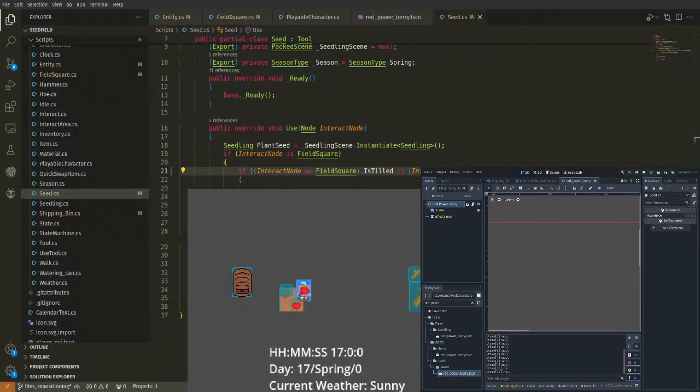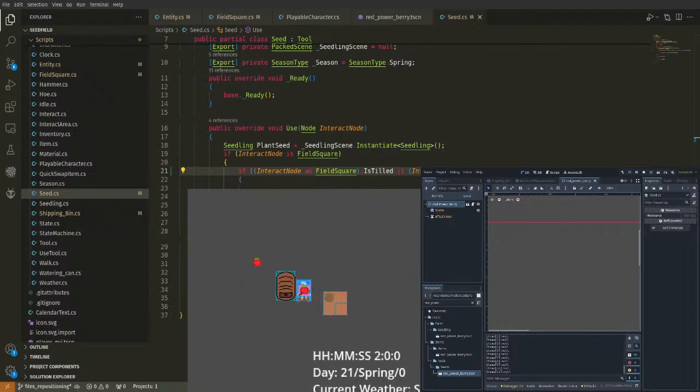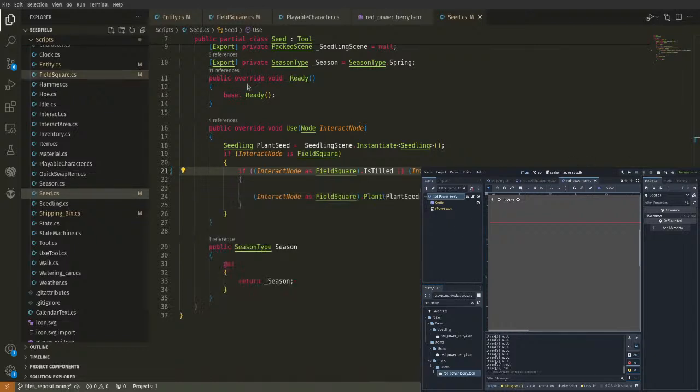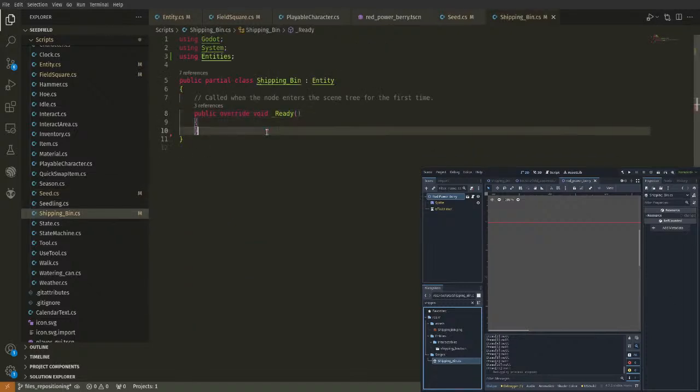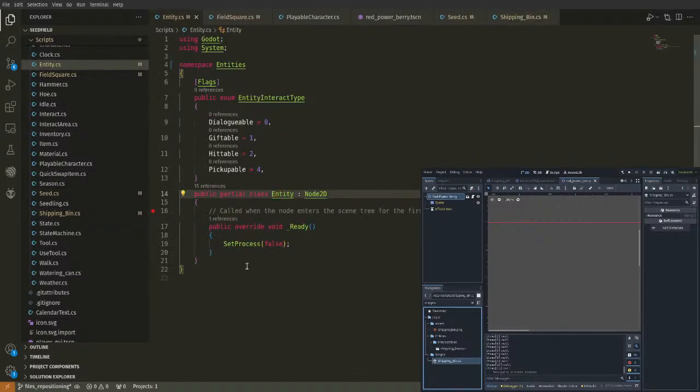I can grab one of these, and I want to. Oh yeah, I threw it on the ground. I want to give it to the shipping bean. So I'm gonna go back to my shipping bean. And I'm gonna say, well, entities, right? So my entity